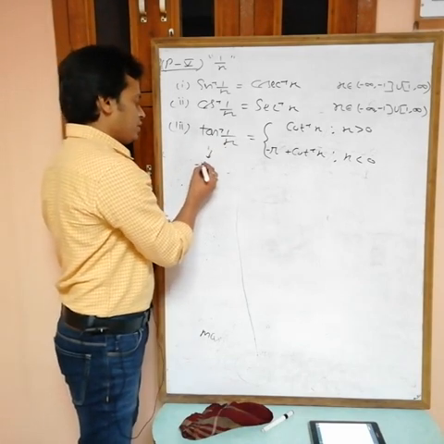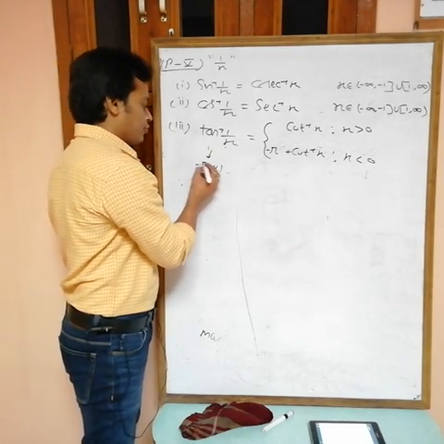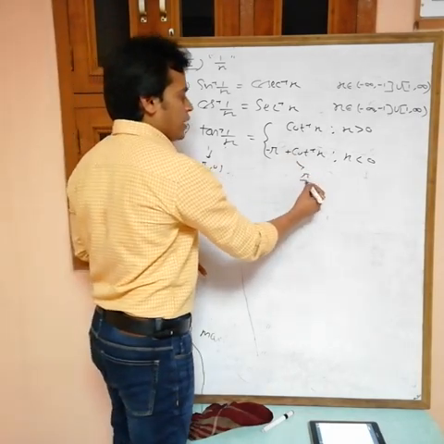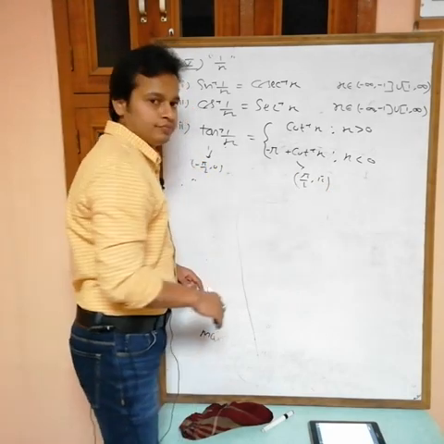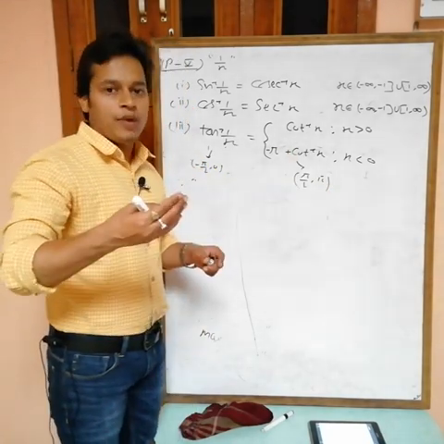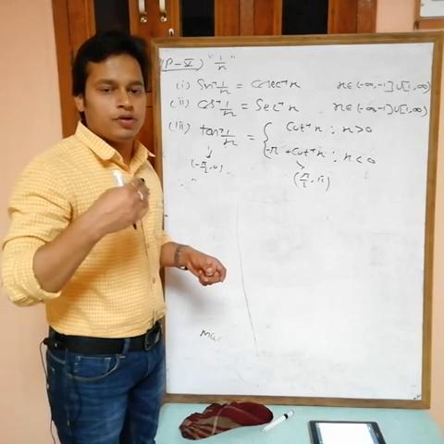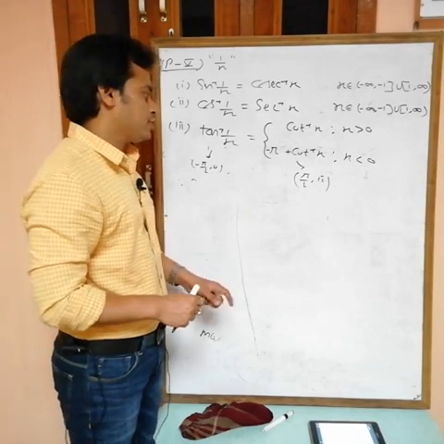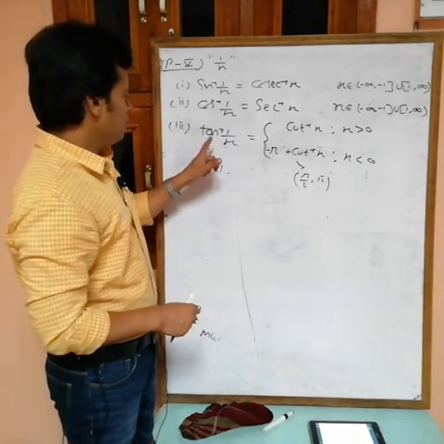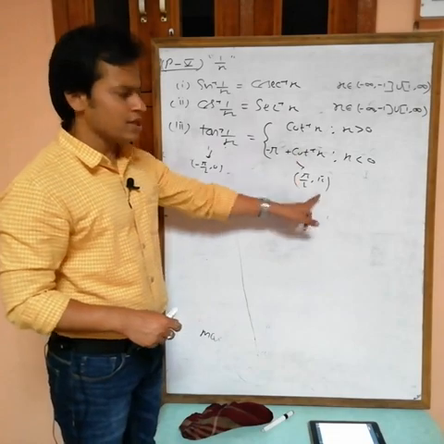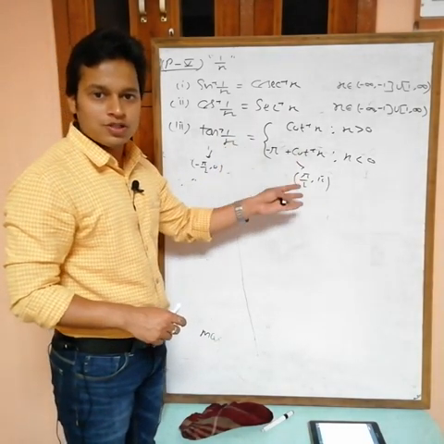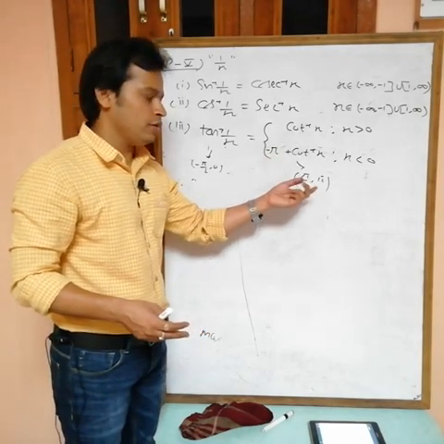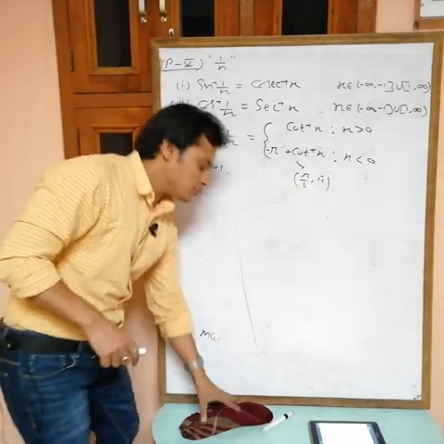It means this lies in the range minus pi by 2 to 0. And cot inverse, when x is negative, is from pi by 2 to pi. Cot inverse can't be negative, it can take only 0 to pi: 0 to pi by 2 for positive x, pi by 2 to pi for negative x. Now the value of this one is less than 0 and this is greater than pi by 2. The ranges are not same, then how can they be same? So here I am adding minus pi, then this becomes same. But I am not adding minus pi from my side.